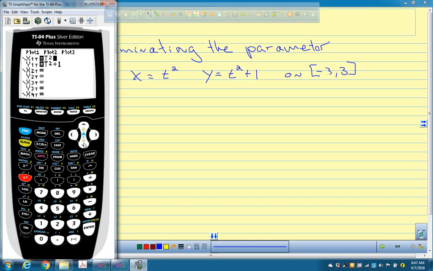Oh, I already have that, don't I? T squared plus 1. And I want to change the domain of my parameter to this. And if I hit graph, I get this curve that looks, whoa,